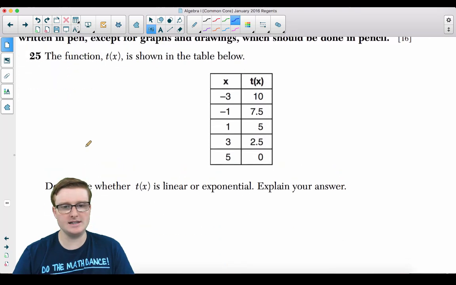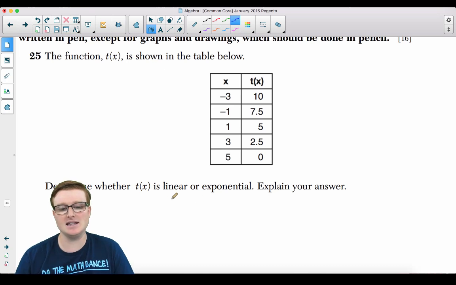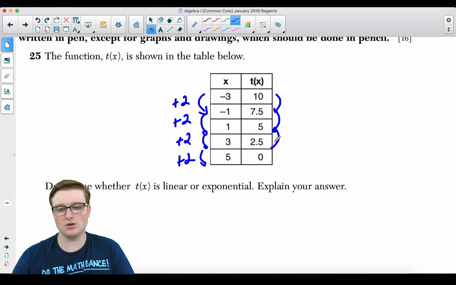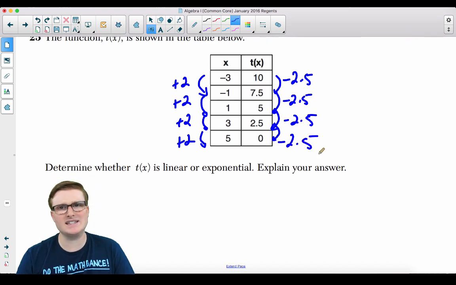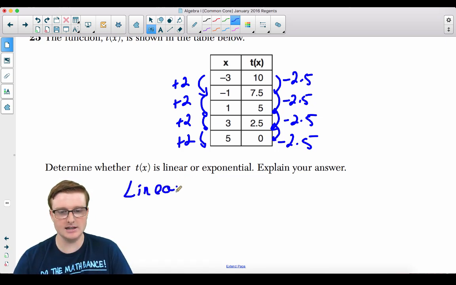25 says the function t of x is shown in the table below. Determine whether t of x is linear or exponential, and then explain your answer. So let's take a look at the x values. Each individual x value is adding by 2 each time. Then on the right-hand side, you are decreasing by 2.5 each time. So what is this? It has to be linear. So we're going to say this is linear